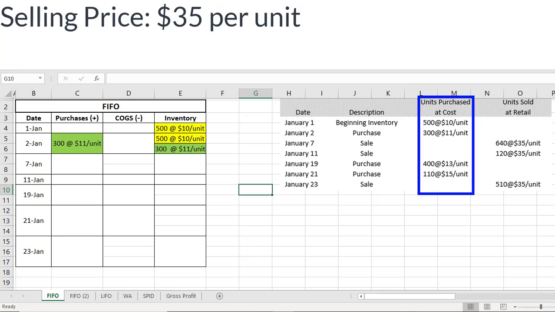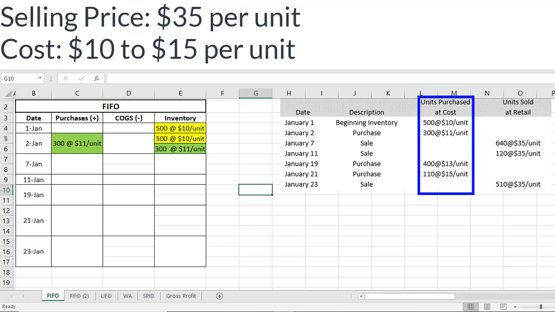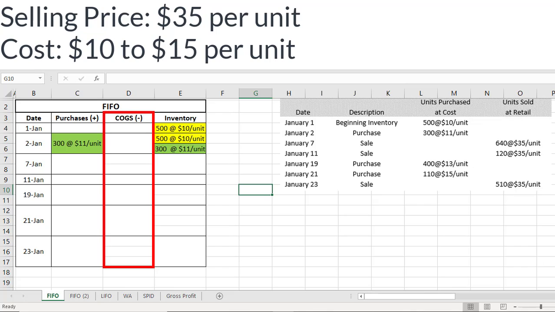Looking at the units purchased at cost column, we can see that the company pays anywhere from $10 to $15 per unit for their inventory, at least for the month of January. Now, the cost of goods sold, or COGS column, needs a cost, not a selling price. So don't make the mistake of putting 640 units at $35 per unit here. But if the cost ranges from $10 to $15, which cost should we put in the cost of goods sold column? That's where the different inventory costing methods come in, and this video is about the method called FIFO, or